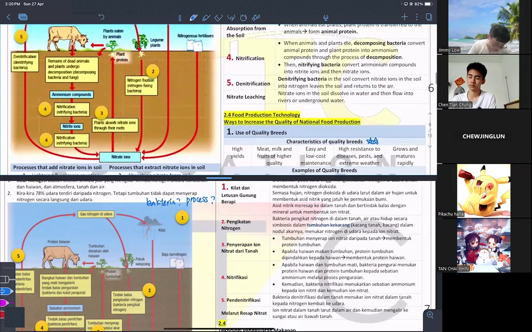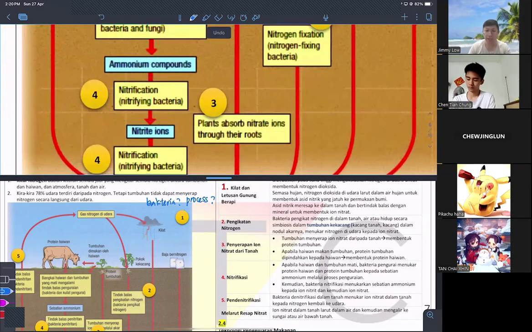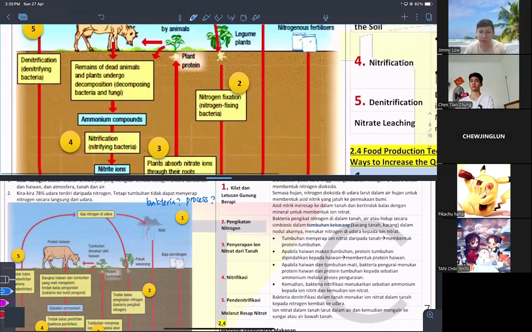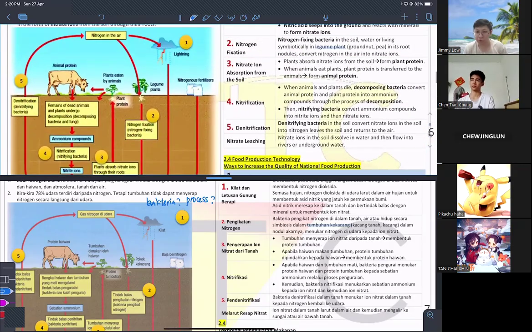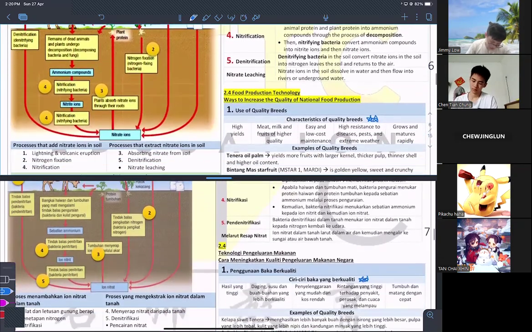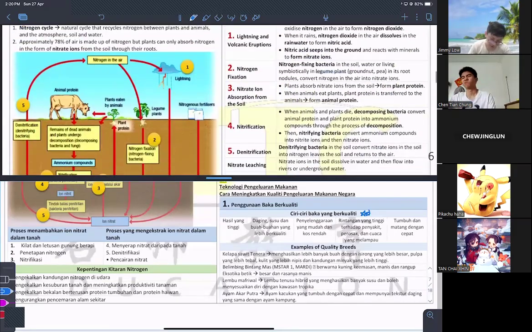As well, you have to know that when an animal dies, it is decomposed into ammonium compounds. After decomposition happens, you have nitrification. Know all the processes, know all the bacteria names. We won't go through it in detail here. I'm just telling you that this is important. Based on your own common sense, you go through it. No need to memorize stuff here. Okay, you spend effort on this.